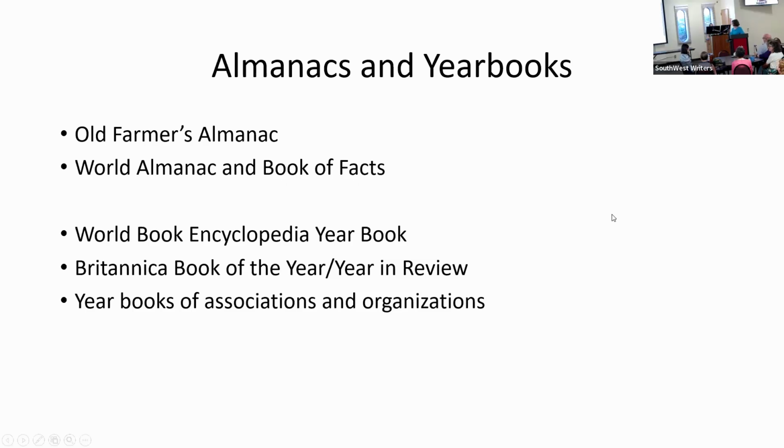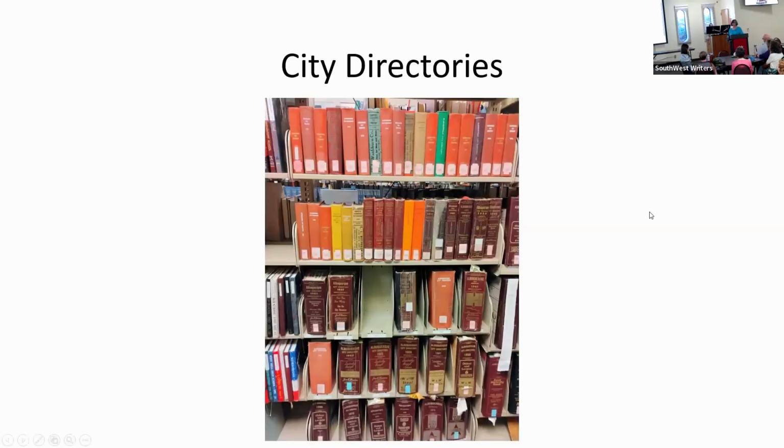Next, and this is my absolute favorite and what I was using, are city directories, and I do not mean the phone book. Most people, including library school students, think you're talking about the phone book. No, these are published by a variety of companies. The most well-known is probably Polk, the Polk directory. Another thing they're called is the Crisscross directory, and we'll get to why that is. They started publishing in the late 1890s, early 1900s. And Albuquerque Public Library has them all the way back to whatever the first one was. I can't remember if it was 1901 or 1899.